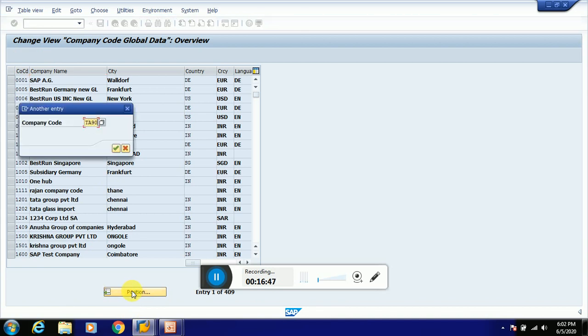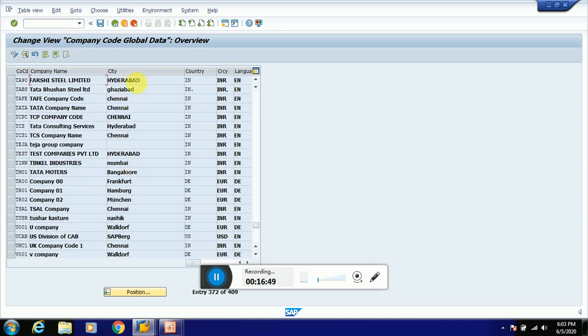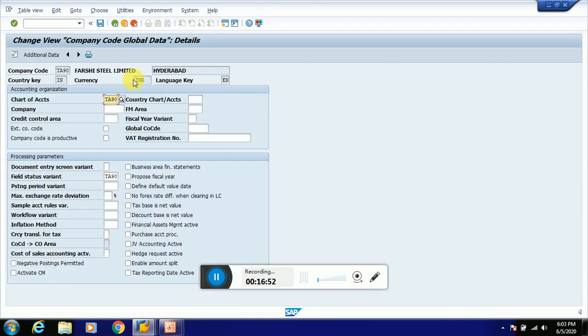TA90 is the company code. Double click here. See, the chart of accounts we have assigned to our company code is TA90 and the field status variant is TA90. Now with these minimum configuration settings, the system will allow us to create the GL account.